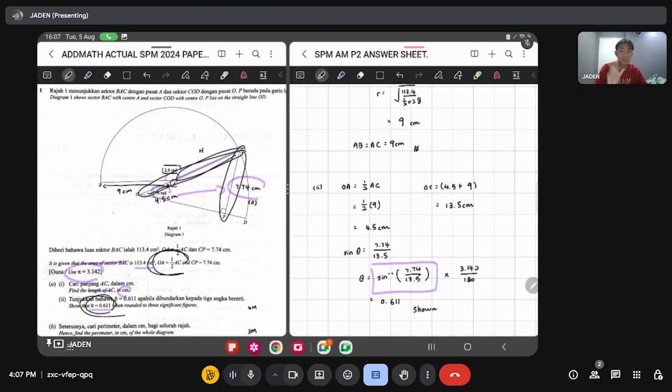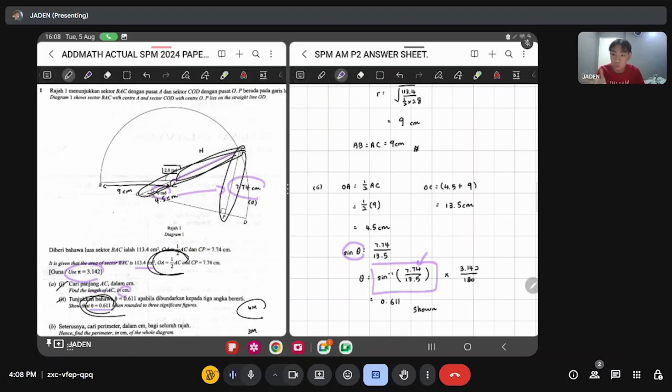Okay, maybe some student might ask, teacher or sir, how do we know that the answer that we get is actually in degree form but not in radian? Because whatever we are dealing with right now, it's actually in degree, it's not in radian. If it's radian, you couldn't perform sin cos tangent calculation because it doesn't match with the policy inside the sin cos and tangent. Okay, so that is how you secure your first 4 marks for question A1 and 2,